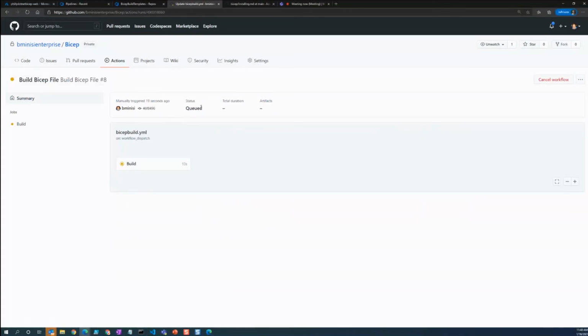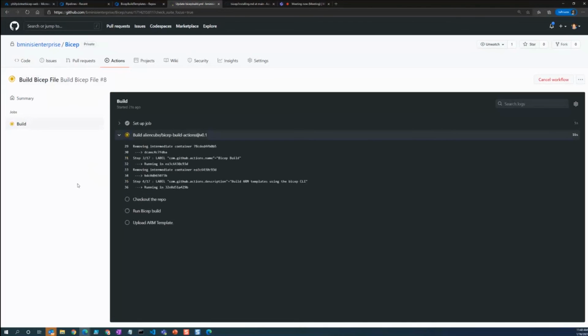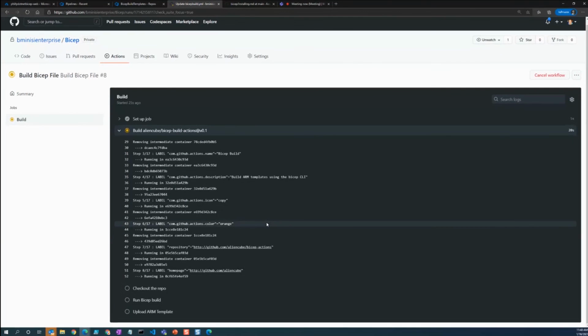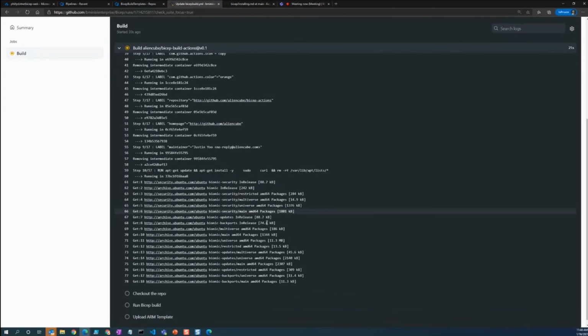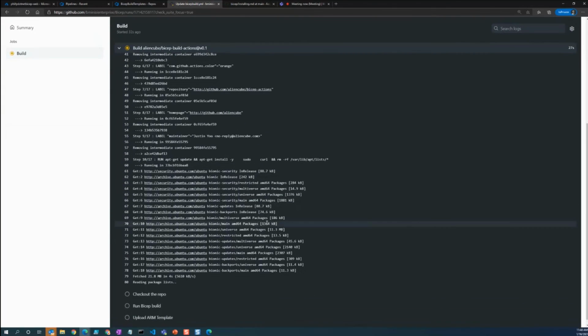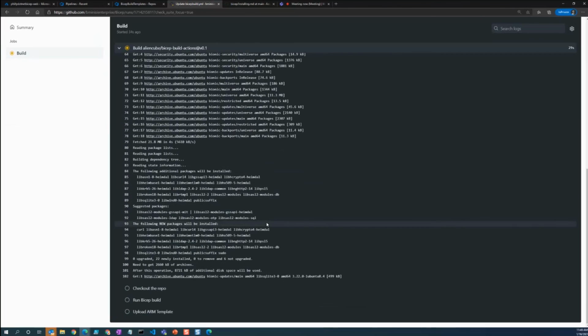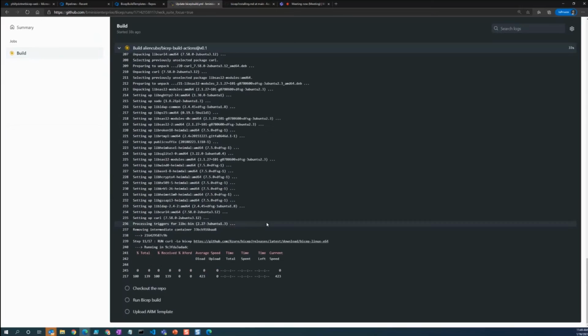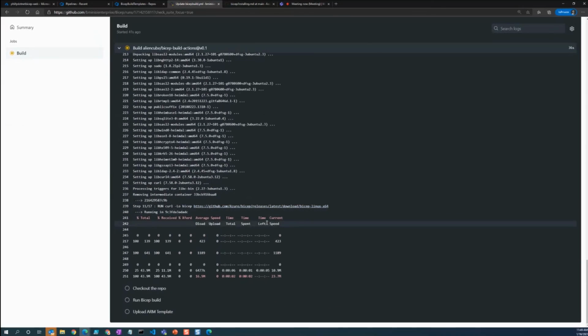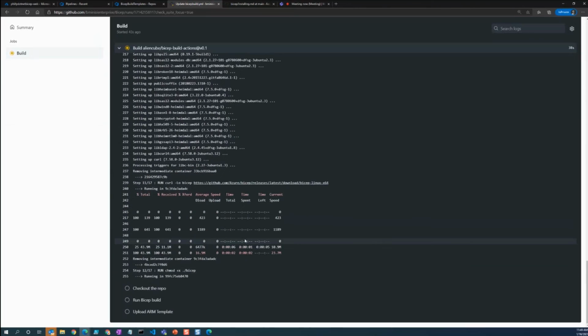All right, so this is kicking off right now. And you can see it's queued. And we have a nice log like we did in Azure Pipelines. And like I said, this is running on a Linux machine, so you'll see this type of stuff in there.